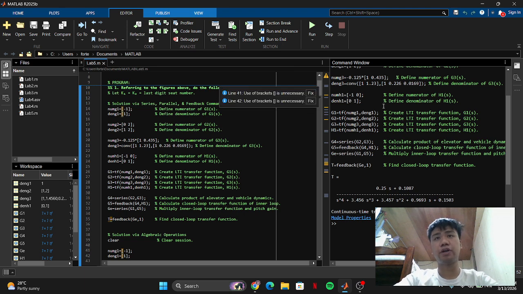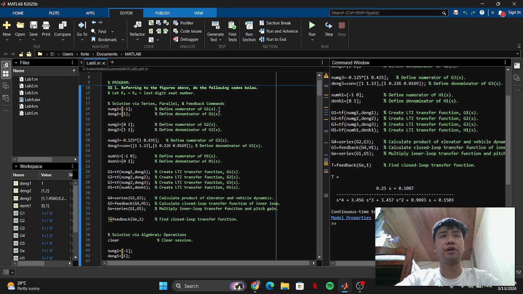So for the first part, I followed the example program, which is given on the laboratory activity. And on the first method, that uses series, parallel, and feedback commands, here's the result.